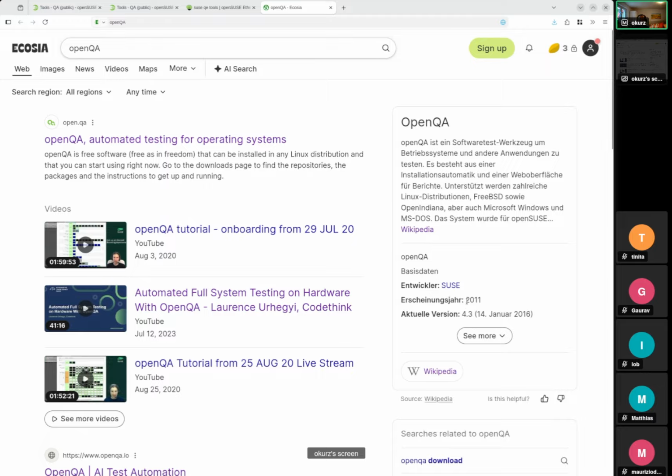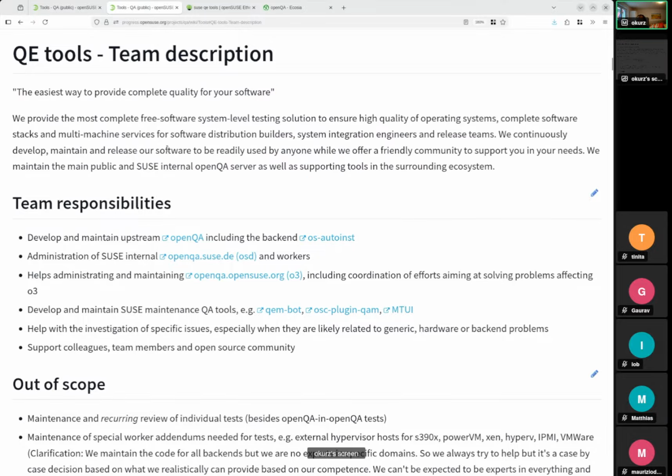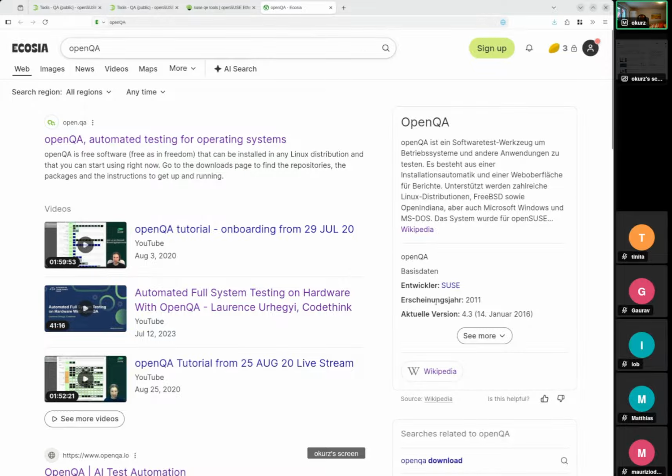Also, it shows quite some outdated information because as we stated before, we continuously develop, maintain, and release our software, and that would mean that mentioning that version here isn't that relevant. Actually, if you would really look at version numbers, it would be 5 as a major version, dot something, but